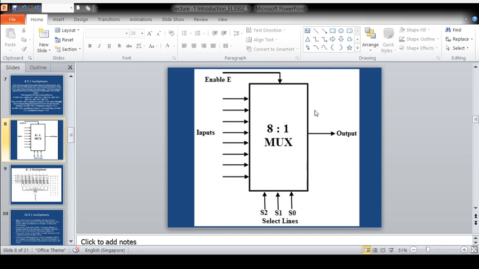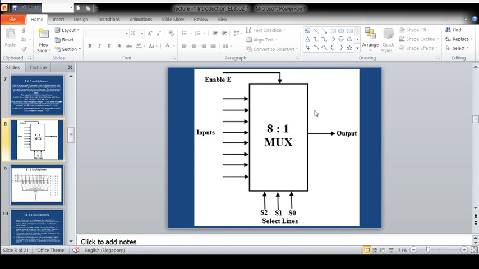IC disabled means none of the inputs is steered at the output. The output remains stuck, whether low or high, and does not depend upon the inputs. None of the inputs is selected, even if the control signal goes from 000 to 111. This is the function of the enable input. So the enable input has to be activated prior to operating the circuit.